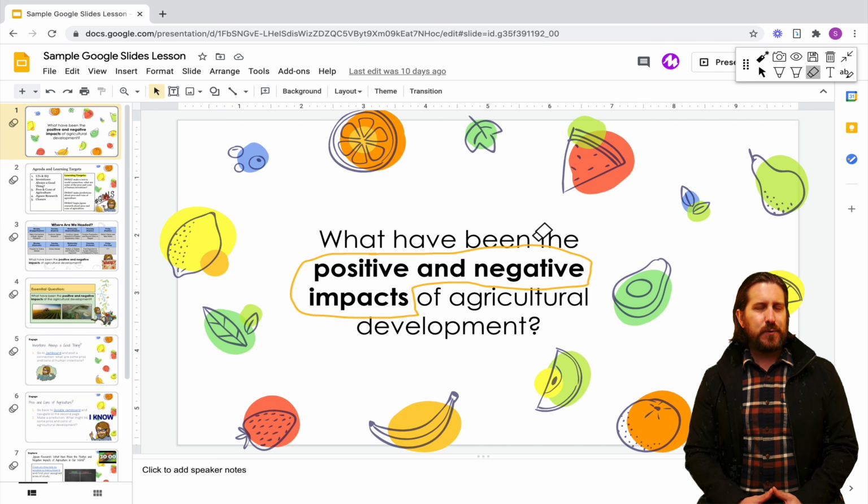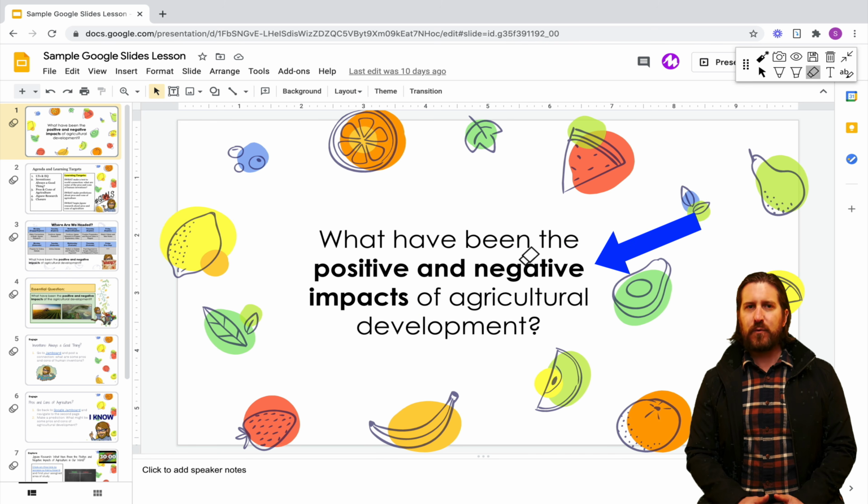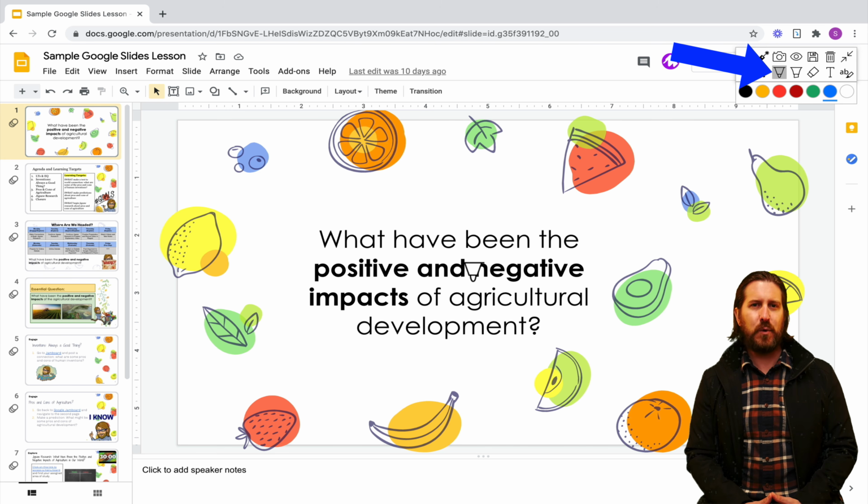Lots of annotation tools require you to manually erase what you drew, which can be a pain. But with this one, all you need to do is strike through the annotation and it will erase all of it at once. Okay, I'll redraw a little bit here with the pen tool again.